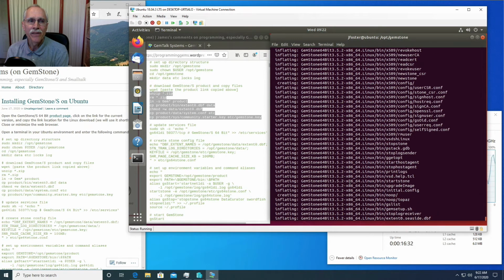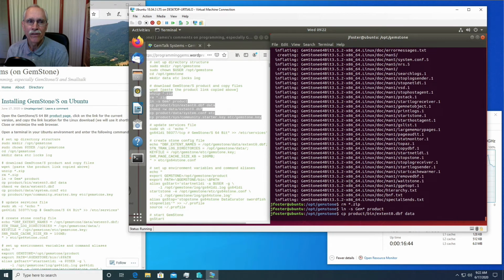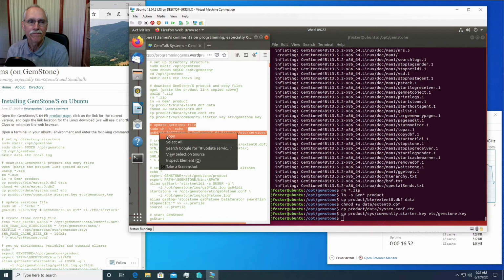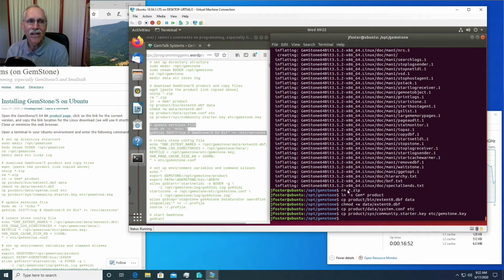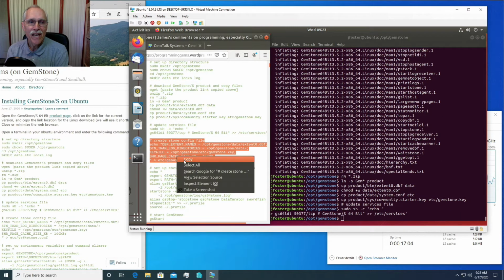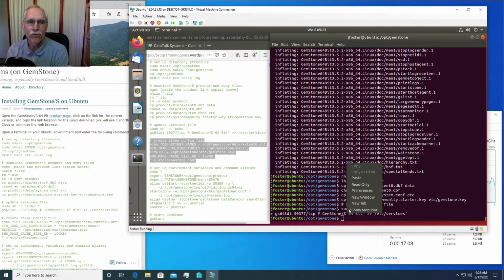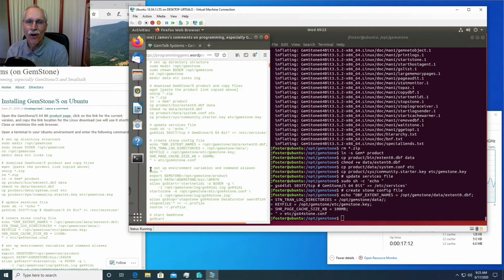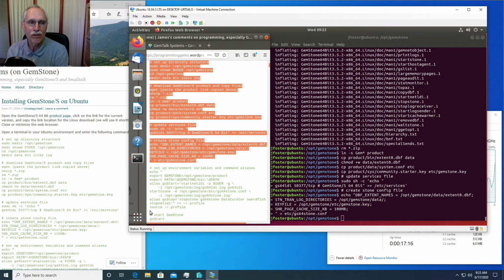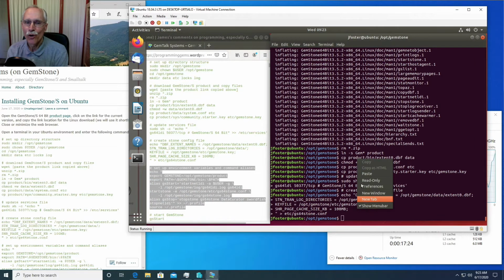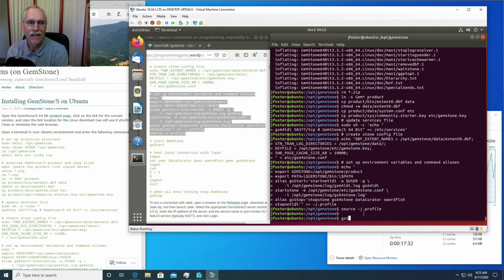Then we will unzip it and copy certain files into some of the new directories we created earlier. We will add an entry to the services file. Then we will create a config file that will be used to describe the location of our files for the GemStone environment. We'll create some environment variables, command aliases, so that we can run commands at the command line, such